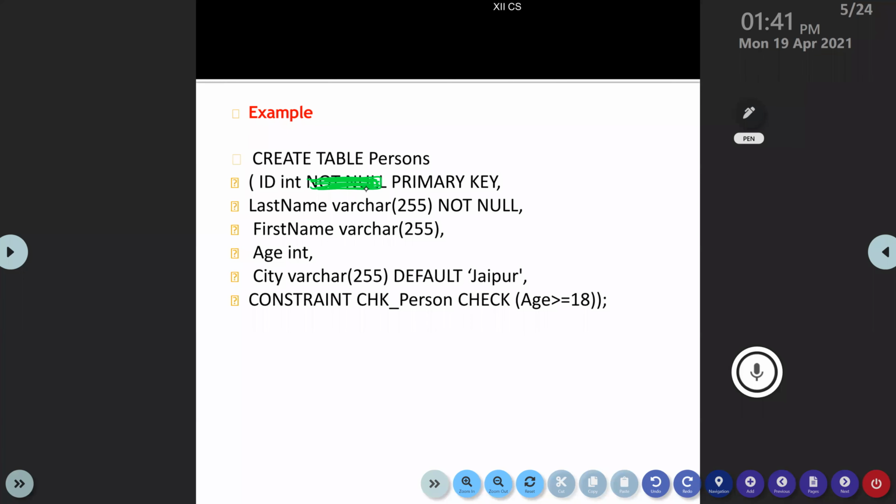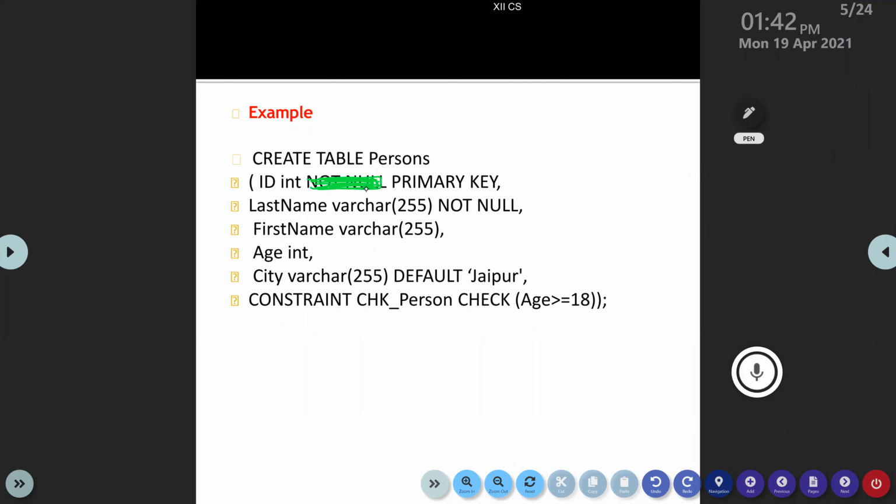The first one is ID int primary key. When you write, see how the constraint is written at the time of table creation. Create table persons, open the bracket. Don't write that question mark. Bracket ID int, the constraint you need to write by adding space primary key.